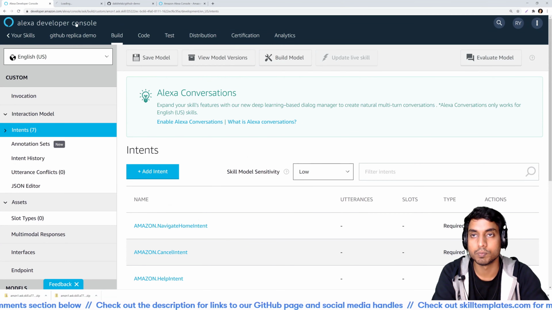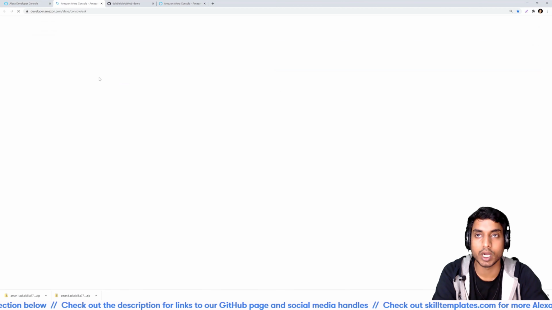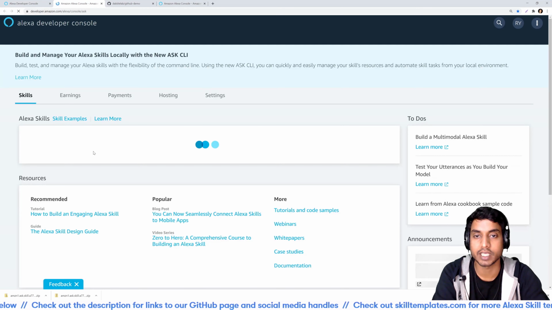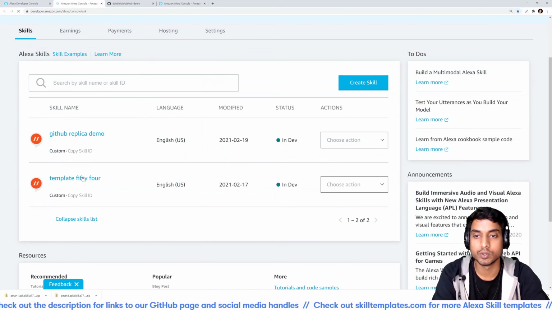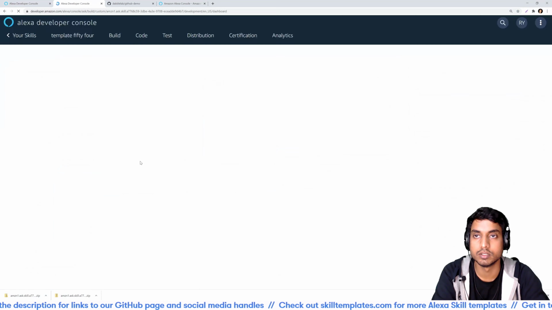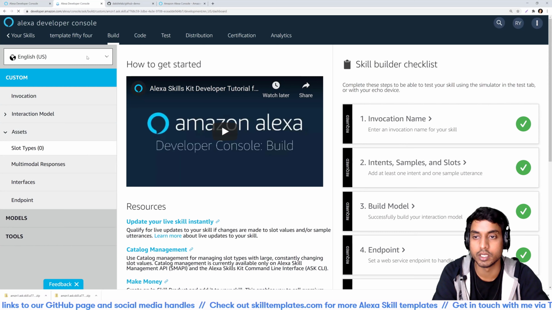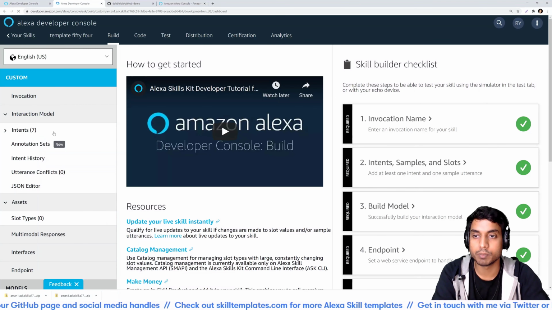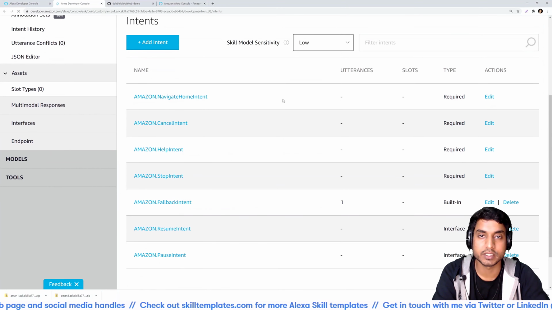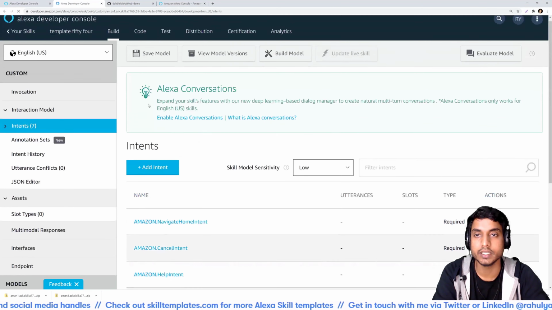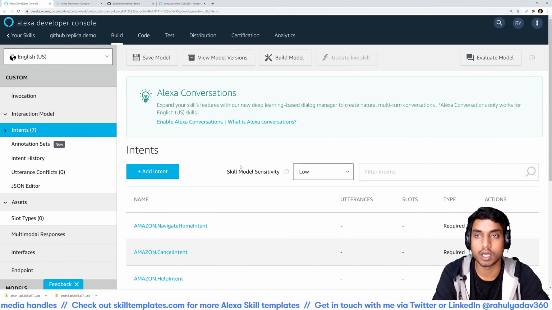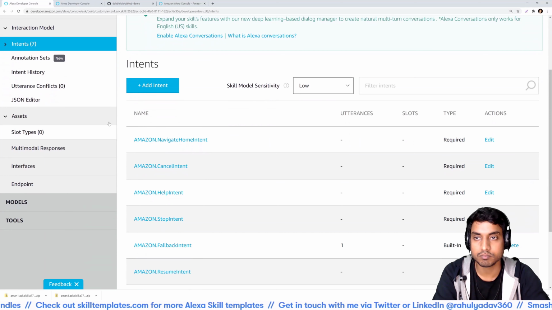Just to show that to you, I'll also open up the old skill side by side and show you how accurately it replicates the whole skill in just a few minutes. So I'll open up the interaction model. You can see it side by side that it has 7 intents, and so does our newly created skill.